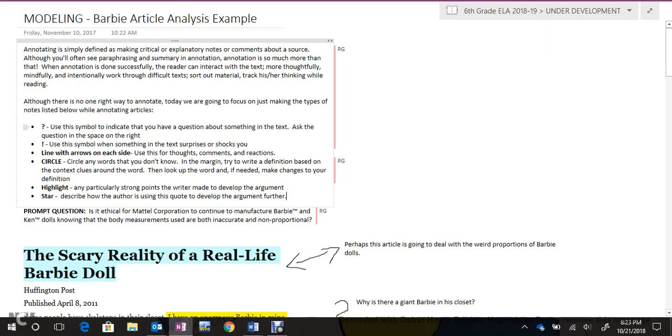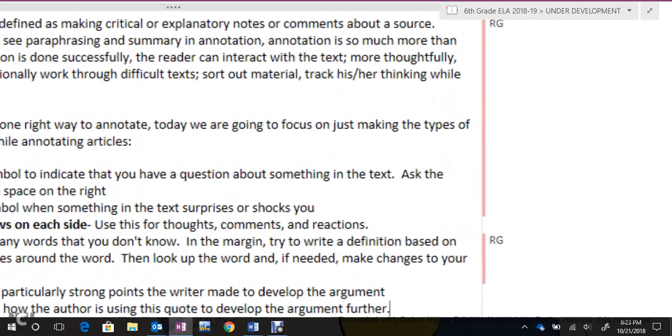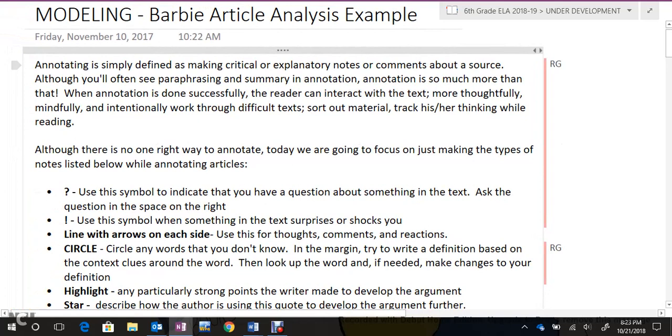Essentially, annotating is just making notes out to the side of what you're reading, but we're learning to do it in an organized way. It says, annotating is simply defined as making critical or explanatory notes or comments about a source. Although you'll often see paraphrasing in summary and annotation, annotation is so much more than that. When annotation is done successfully, the reader can interact with the text more thoughtfully, mindfully, and intentionally, work through difficult texts, sort out material, and track his or her thinking while reading. Although there is no one right way to annotate,